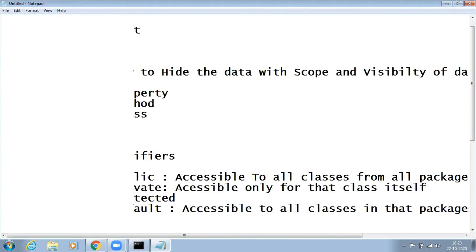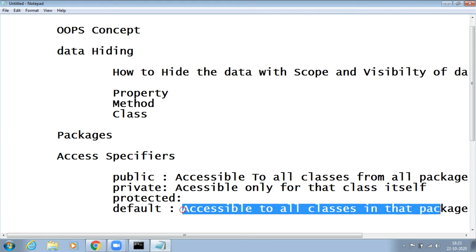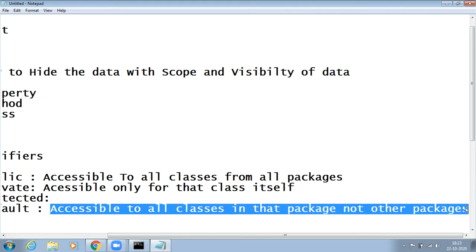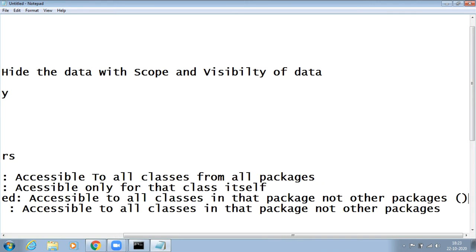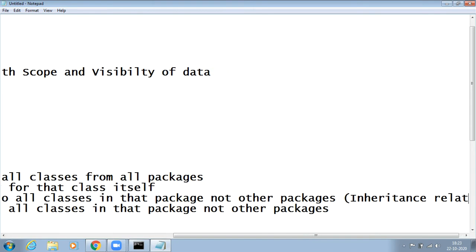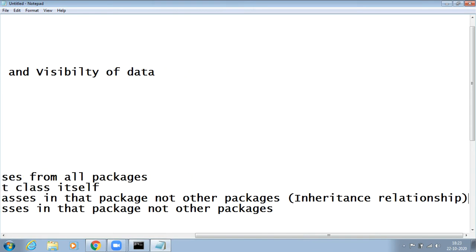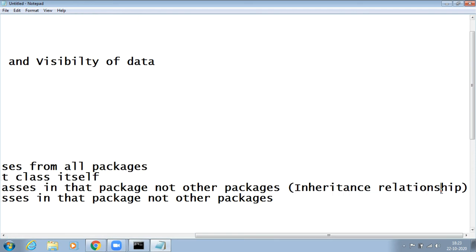And whenever I give protected, protected is the same as default. It can be accessed by all classes in that package, but not in other packages. But when two classes are in an inheritance relationship, one class can access another class from another package.